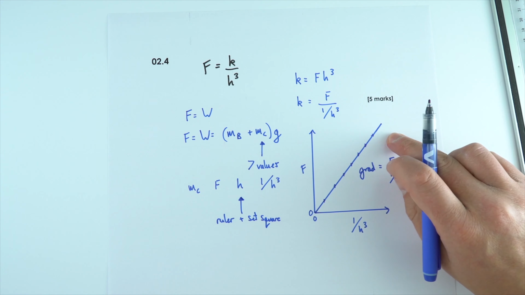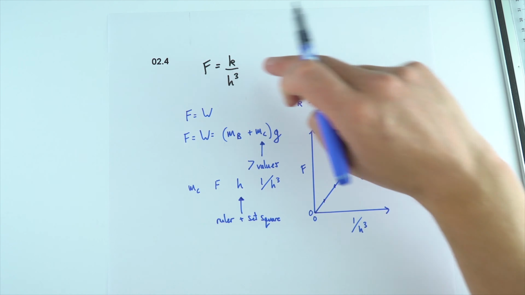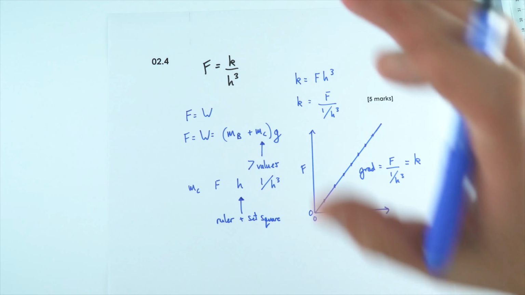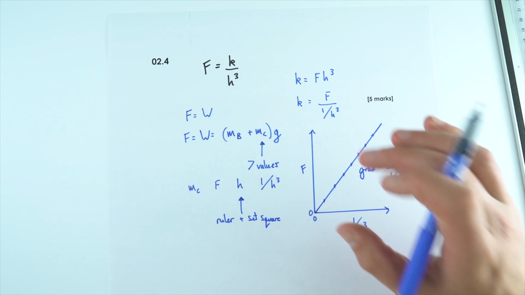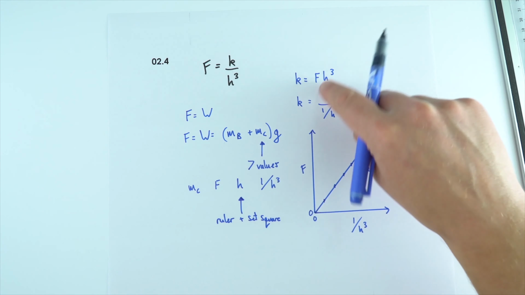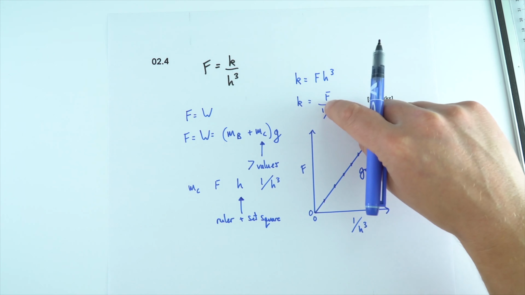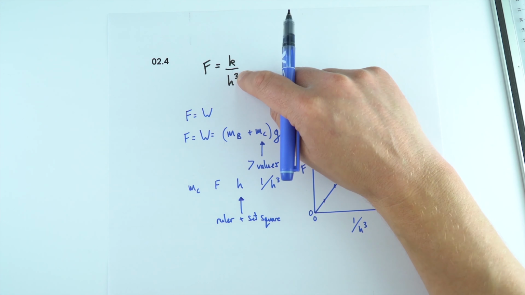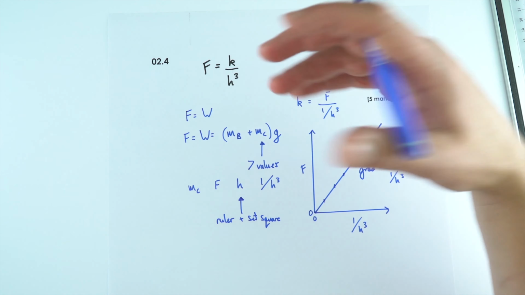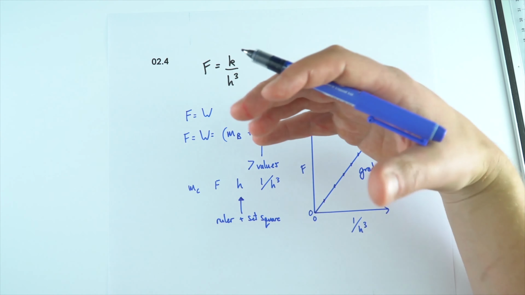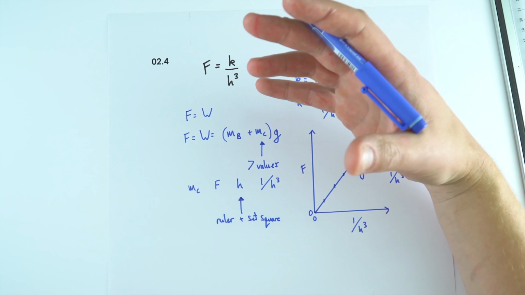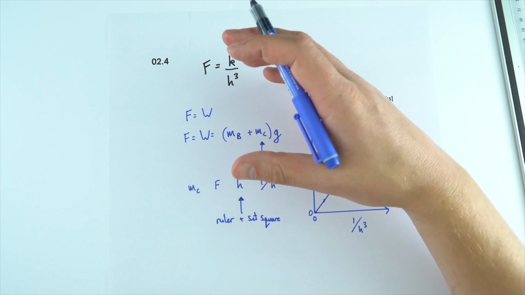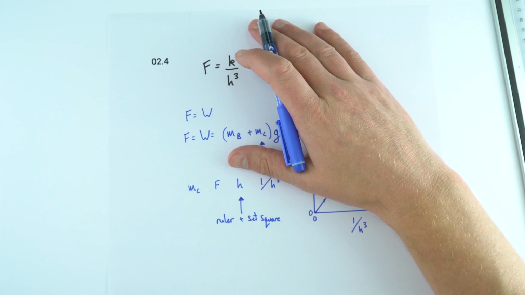And if you do have a straight line of best fit, then that shows that this relationship up here is true. So a lot of stuff there is quite tricky, because it takes a bit of a leap of faith to think about this equation and how the data that you might plot can actually show this relationship is true. But that was question 2.4, and again, it's about the experimental technique that we have in physics, even if it's using simple equipment but used in a slightly different way to what you're used to.